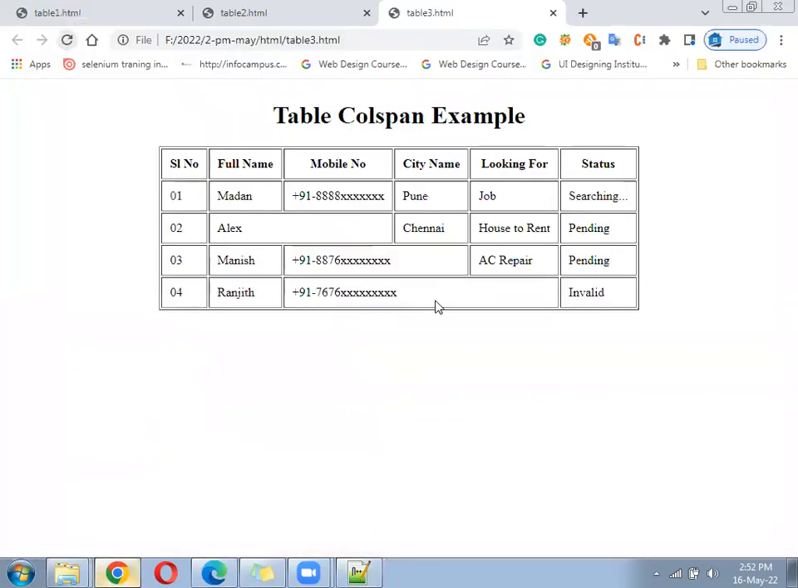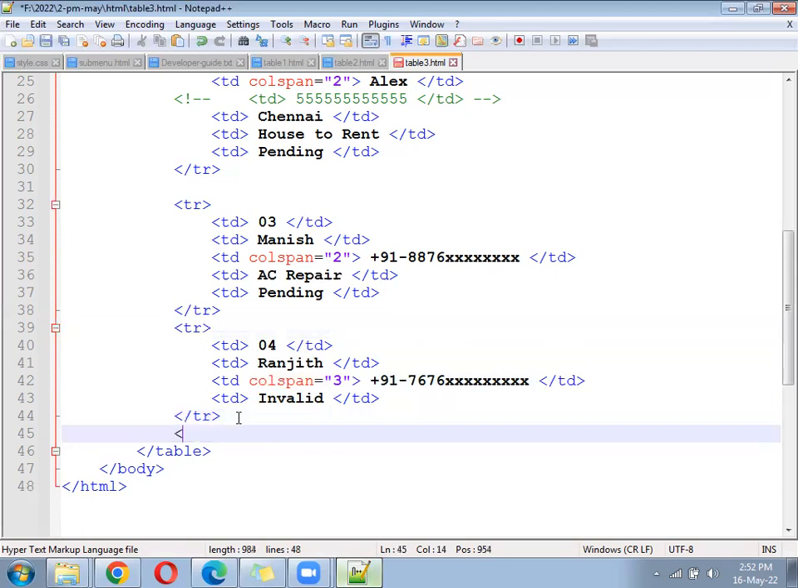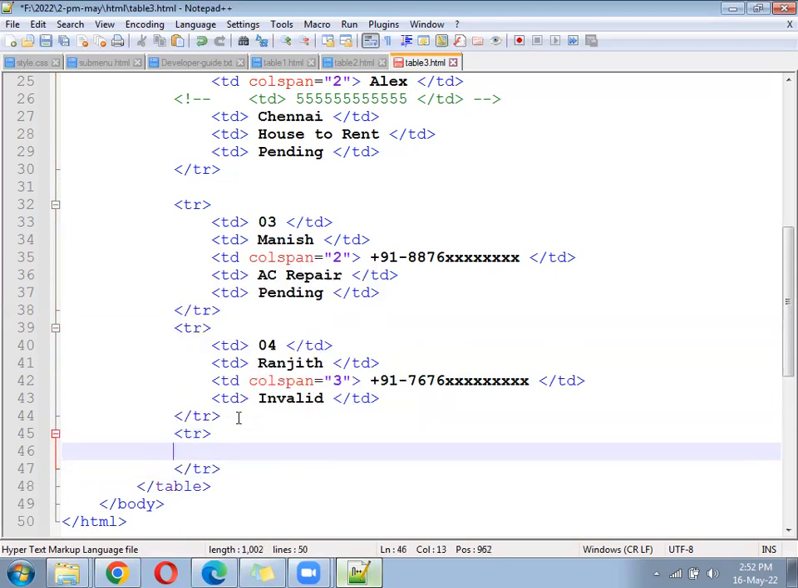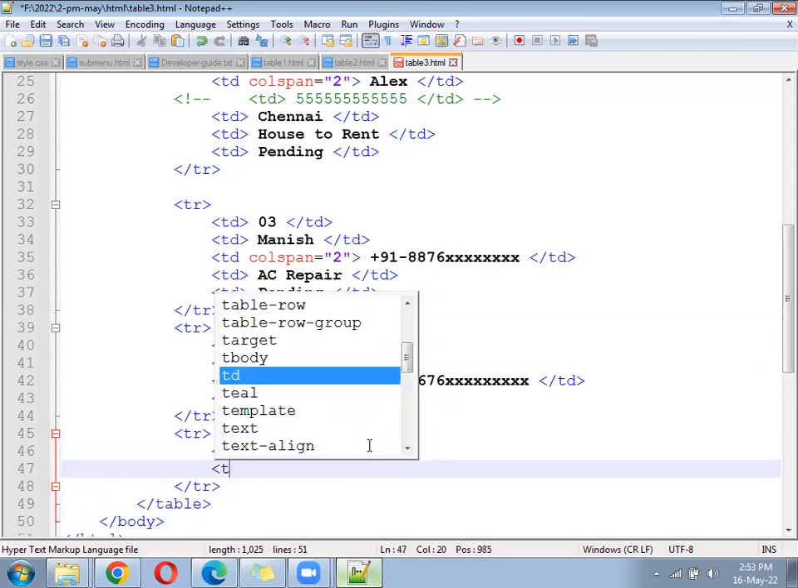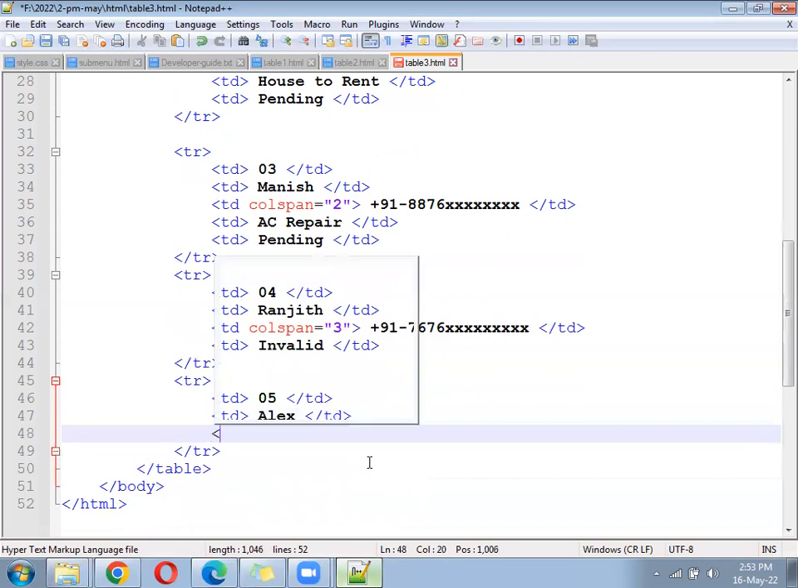Okay, something like this. Now we can add the last fourth user, fifth user with all the details. We'll add the last fifth user with all the details. Let's add a tr with the td of 05. Next td, next td, next td,